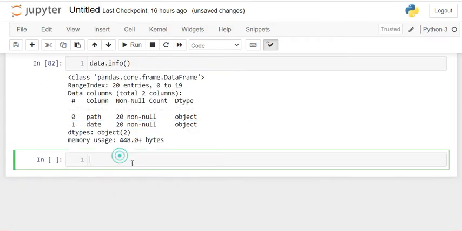First you have to import a library. So import datetime. This is the library, and first you have to import this.